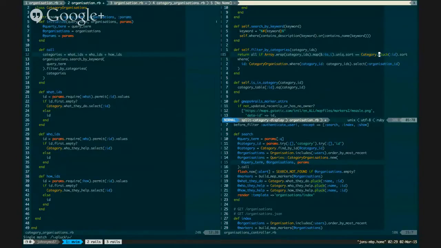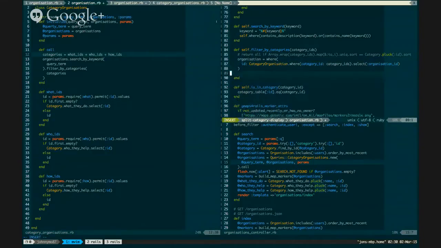Okay, actually I have an idea. So we're going to forget about this return all part, and we're just going to assign this to organizations, assign this to a local variable, and then we're going to go if